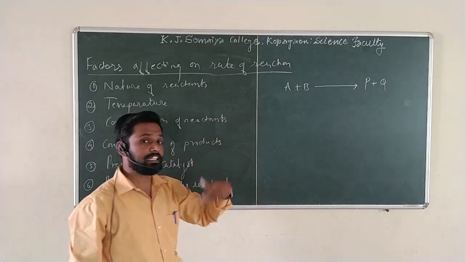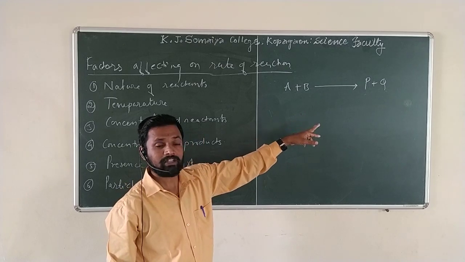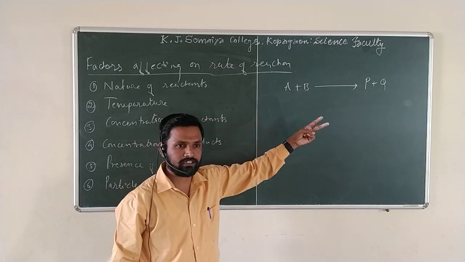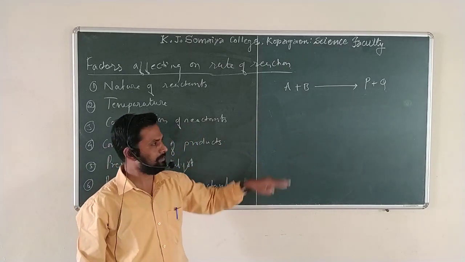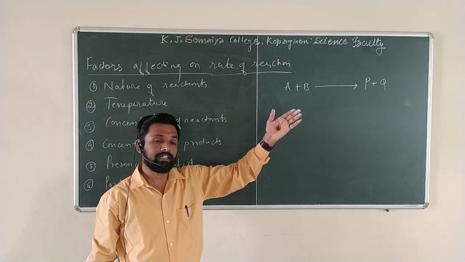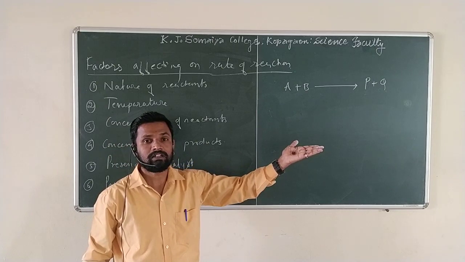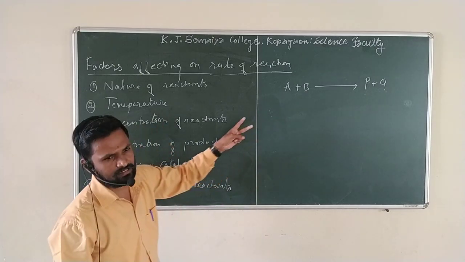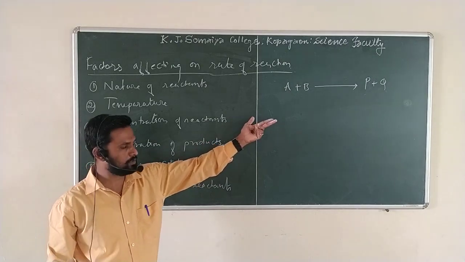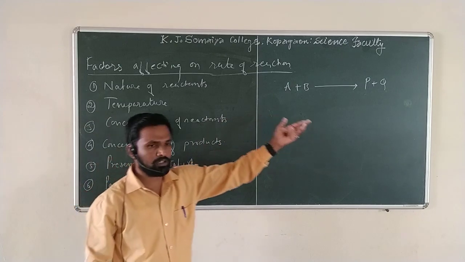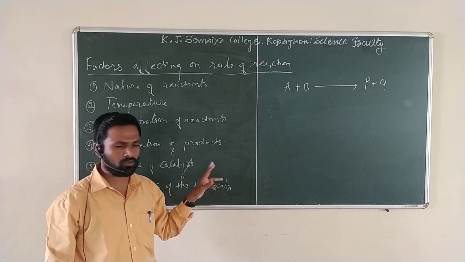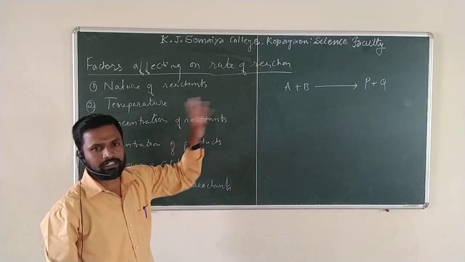For some selective reactions, the product may inhibit the rate of reaction. Here, two conditions are there: the product may increase the rate of reaction, or the product may decrease it. In some enzyme catalytic reactions, some of the products may inhibit the rate of reaction. So there are two types: in some chemical reactions the product increases the rate of reaction, and in others, once the product is formed, the rate of the reaction decreases. It means that the concentration of the product may play an important role in affecting the rate of a reaction.